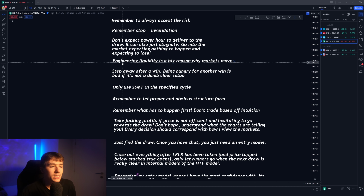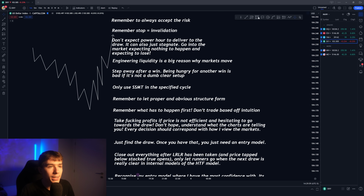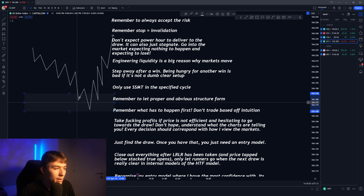Now, engineered liquidity is a big reason why the markets move. This is what I realized. I have a lot of trade ideas and setups based off of this principle, where I basically look at the market and see, okay, this can be a potential sell side target for a later sell model, right? So let's say I see that we are building up a lot of liquidity right here, and I know that this is going to be a future buy model. Then here is where I expect this buy model to happen inside of a high time frame PDRA, where we